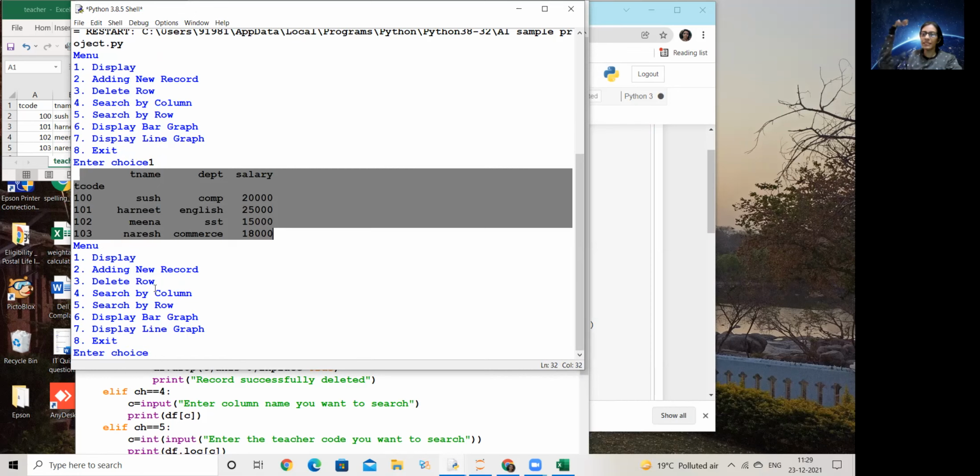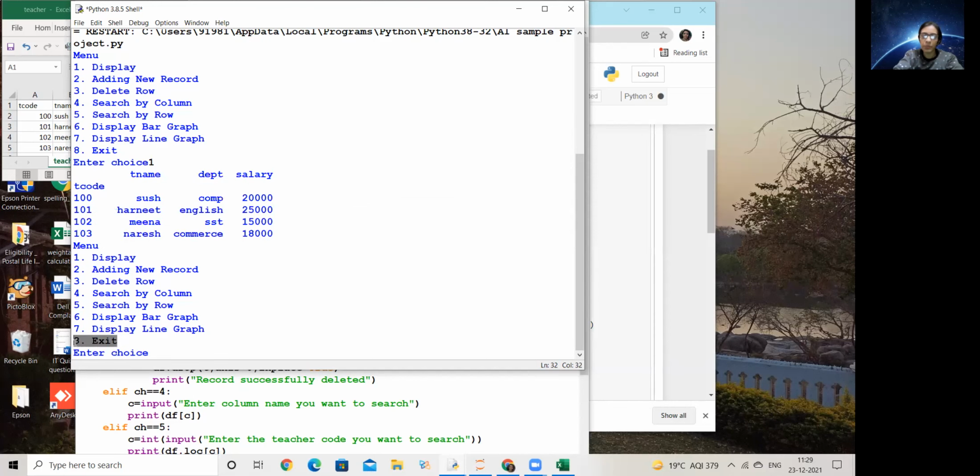So this is like a repetitive loop. The menu is part of the loop and the entire working based on the menu is in the loop. How do I come out of the loop? I come out of the loop only when I press option 8.